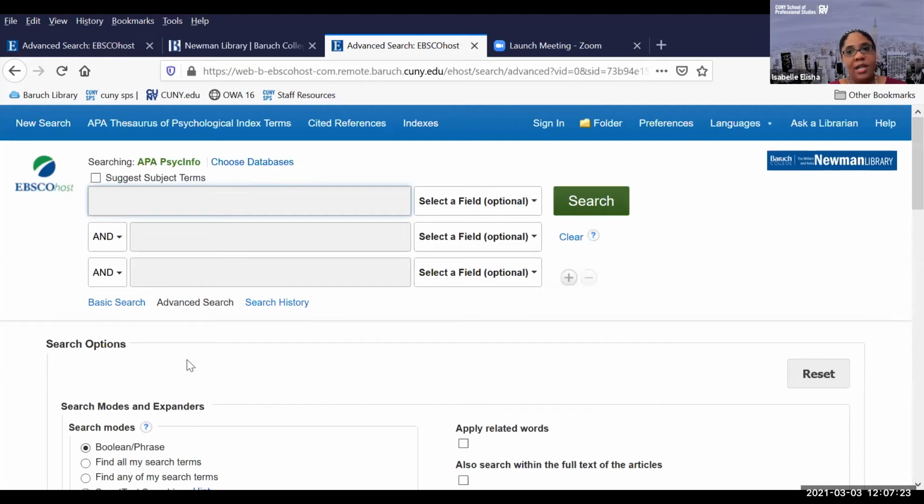Once you've clicked on PsycInfo, you get to the main search page. So we're at the main search page. If you notice here, there are going to be different dialog boxes where you can enter information, and you'll see you can select the field that you want to search. You can also select what type of connector you want to use. So a connector is basically going to be an indicator of what type of relationship you want between your search